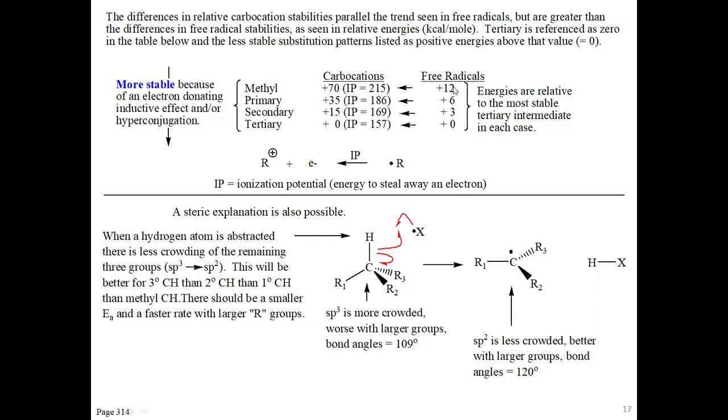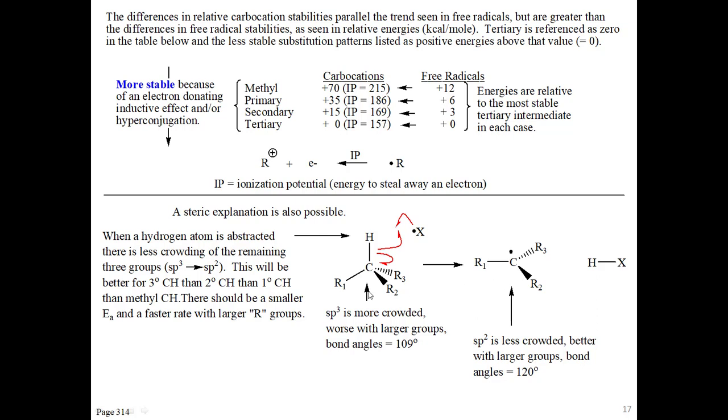Okay, so the methyl free radical is 12 up here relative to our reference point of tertiary, and then a primary is 6 kcal, and secondary is 3 kcal per mole more stable than the tertiary, less stable than the tertiary. Okay, so tertiary is most stable in both cases, then secondary, primary, methyl. It's possible all of these can form with free radicals, but we only propose tertiary and secondary carbocations over here. Okay, so when the atom comes over and picks this off, that's going to give us different stabilities